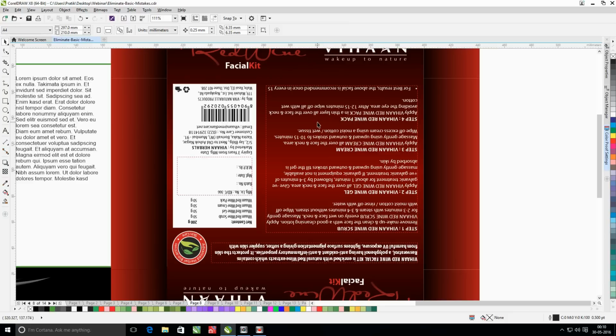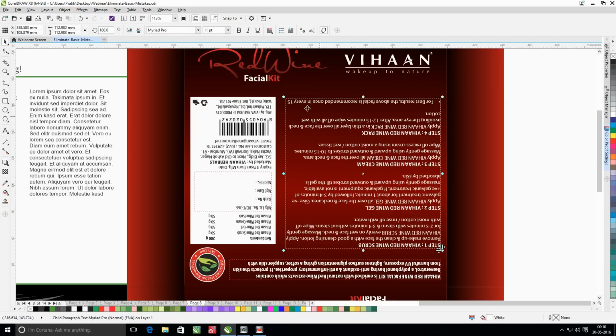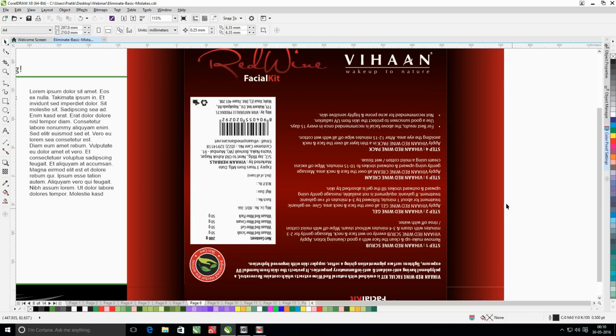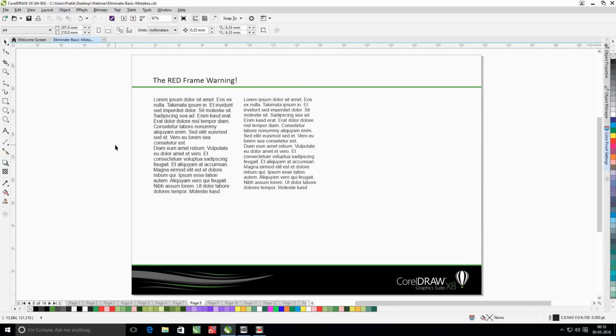So you have to be very careful while finalizing the design, and either you scale down the font size of the text object, or you change the size of the text frame itself so that no part of the text is trimmed. So this is how you have to be careful with paragraph text boxes, which normally many users miss out and overlook, I would say rather, while finalizing the design.